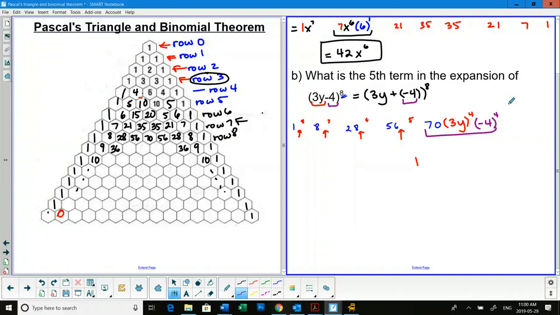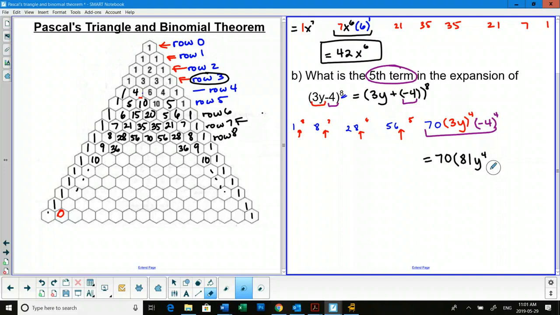Kylie? You can write it all out if you want, but we don't need to because we're just looking for the 5th term. So I'm just using the other ones to count. Yeah. Okay, so here we're just going to simplify. Use your BEDMAS and exponent laws. So 3 to the 4 is 81. And negative 4 to the 4,